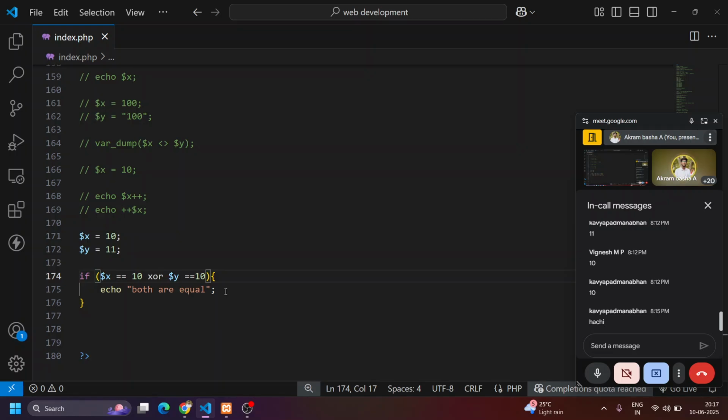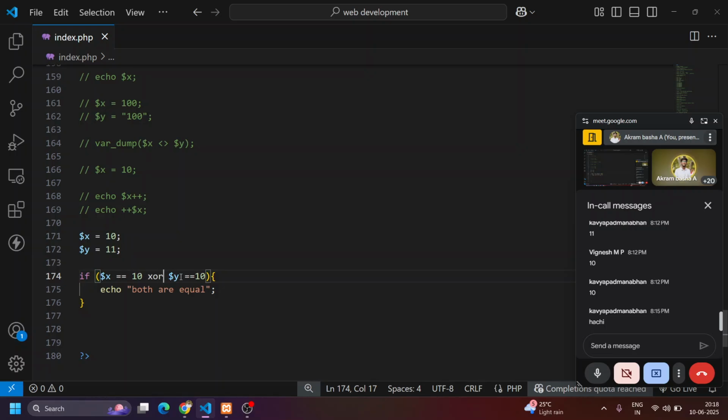Both conditions should not be true, but either the first condition or the second condition should be true. If you provide this, you will get the same output because